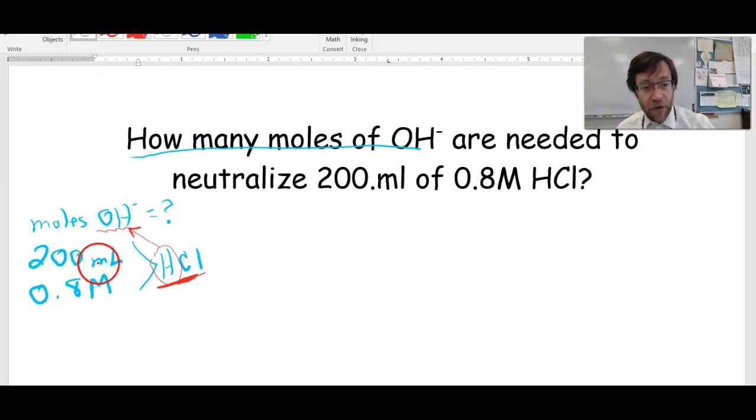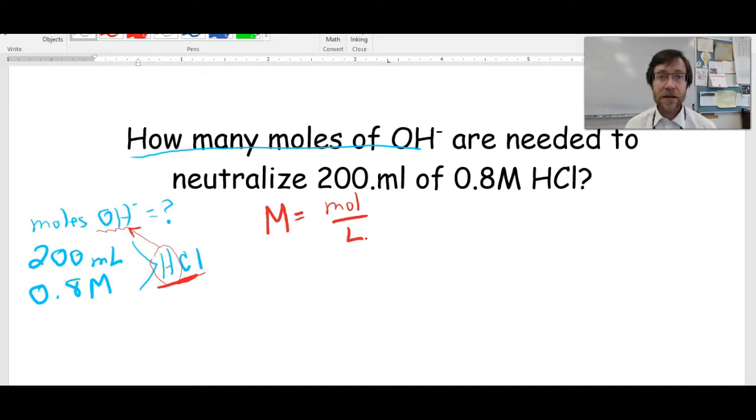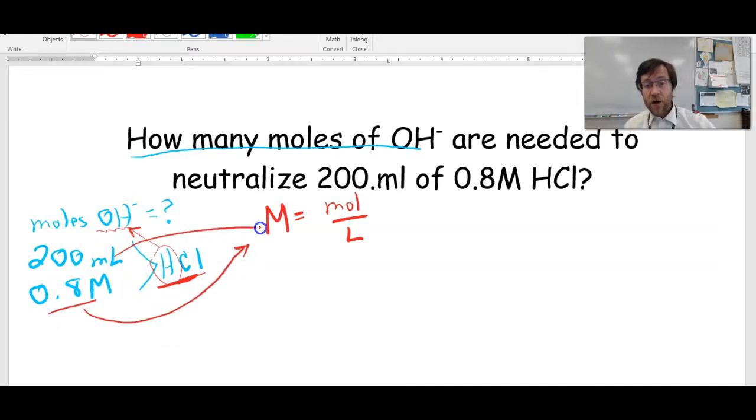Well, if I've got volume and I've got molarity, if you remember this equation, molarity is moles per liter. So I can figure out how many moles of hydrogen we have, right? Because if my molarity is 0.8 and my volume is 200 mils, it's going to go like this. 0.8 equals moles per